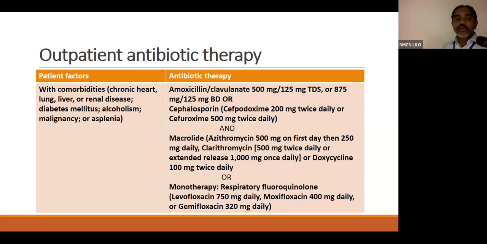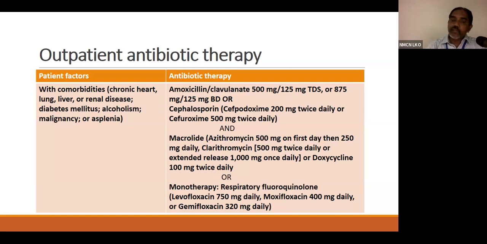However, patients who have comorbidities, that is chronic liver disease, chronic renal disease, atherosclerotic cardiovascular disease, diabetes mellitus, alcoholism, malignancy, or asplenia, should be treated with an amoxicillin clavulanate combination or a third generation cephalosporin, plus a macrolide, which can be azithromycin or clarithromycin according to the clinician's choice, or monotherapy with a respiratory fluoroquinolone is recommended by